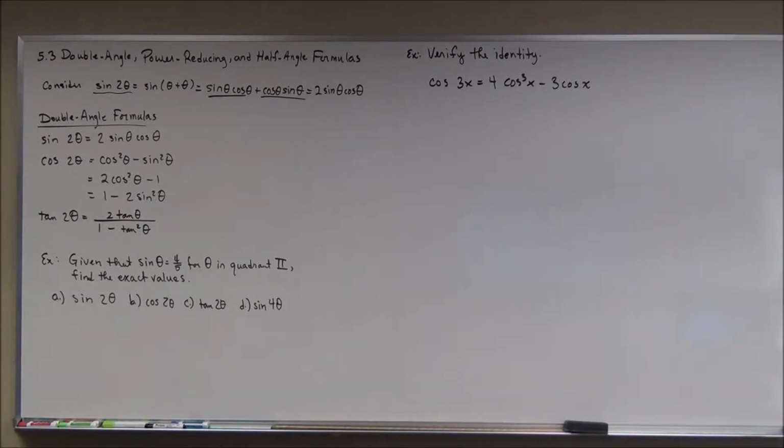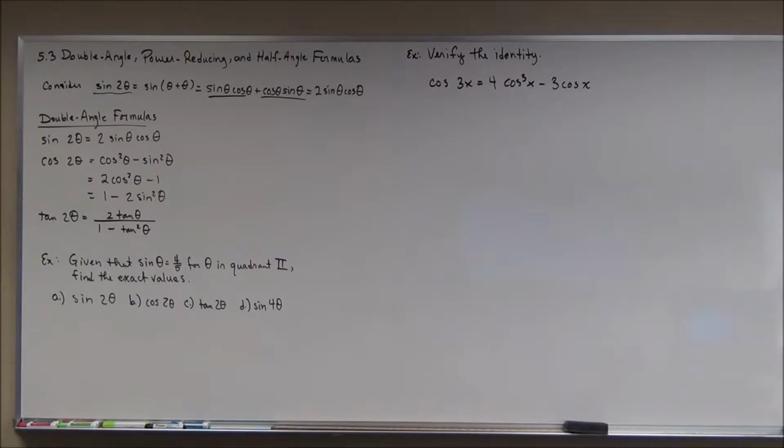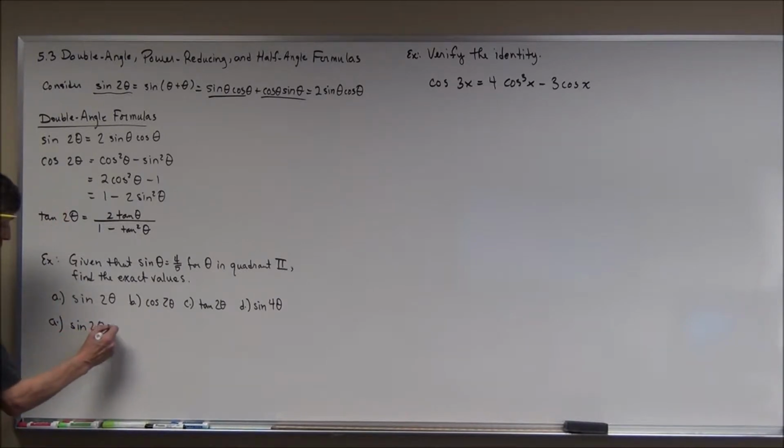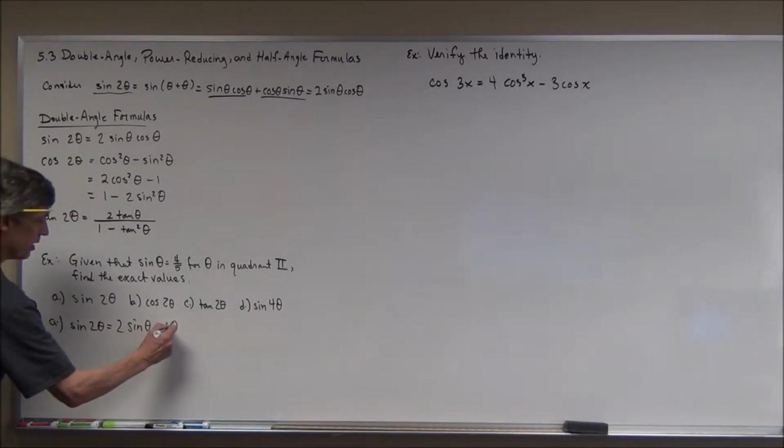Given that the sine of theta is 4/5 and that theta is in quadrant 2, notice it's an obtuse angle, find the exact values of the sine of 2 theta, the cosine of 2 theta, the tangent of 2 theta, and the sine of 4 theta. Well, we'll start with part A here. The sine of 2 theta, which according to the formula right above is 2 sine theta cosine theta,